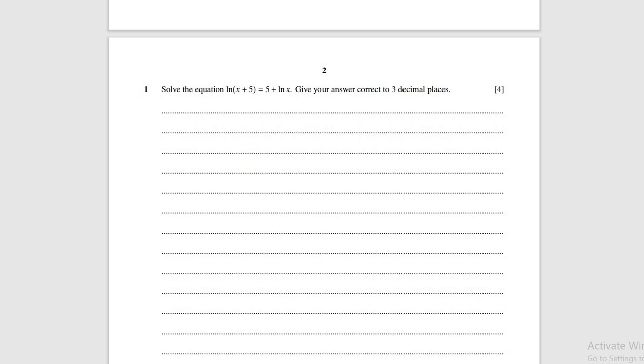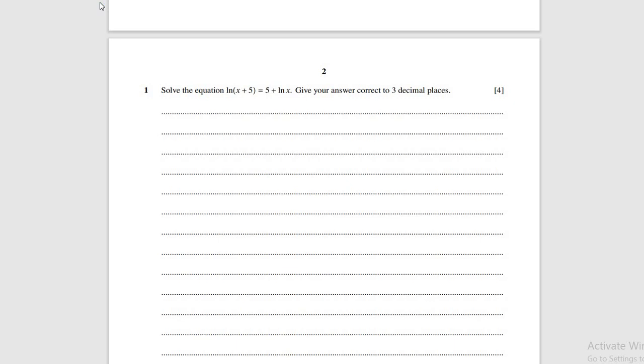Solve the equation. It's a logarithmic question anyway. That's like the first topic in the syllabus or so. This is the second topic in the syllabus after algebra. So we have to solve this to 3 decimal places. Before I proceed, I would like to